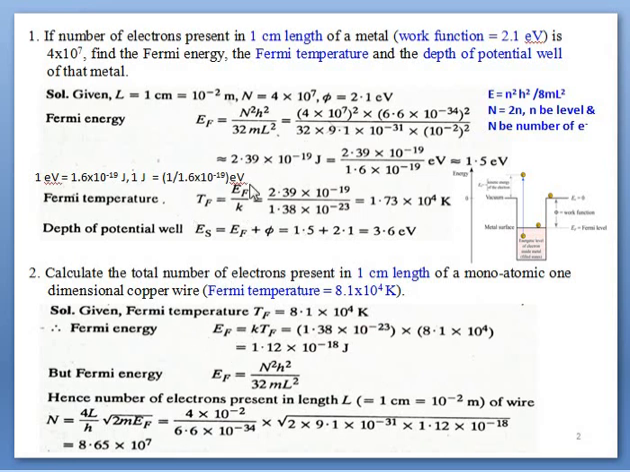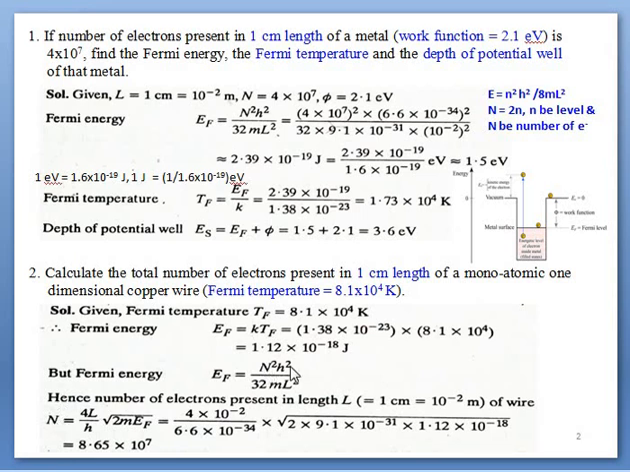As we already saw, the relation between Fermi energy and temperature is this one. So EF equals K times TF, TF is given, and K represents the Boltzmann constant, in Joule per Kelvin, 1.38 into 10 power minus 23. After simplification we have EF in terms of Joule. So if we have EF, then by following this equation we can calculate capital N, which represents the concentration